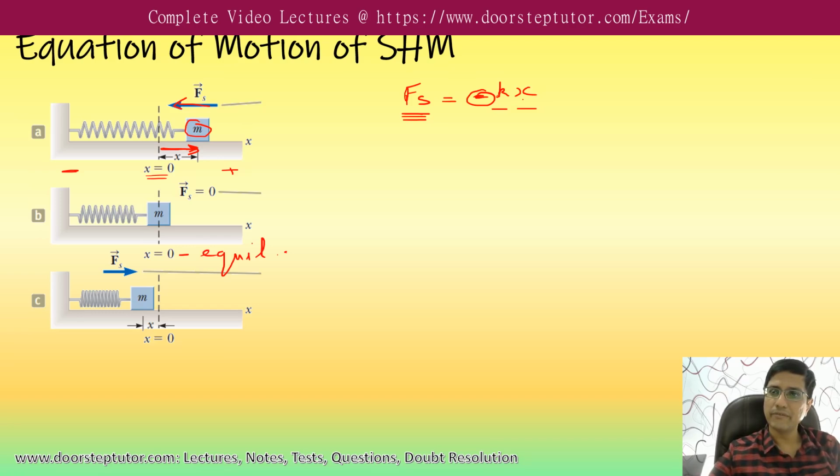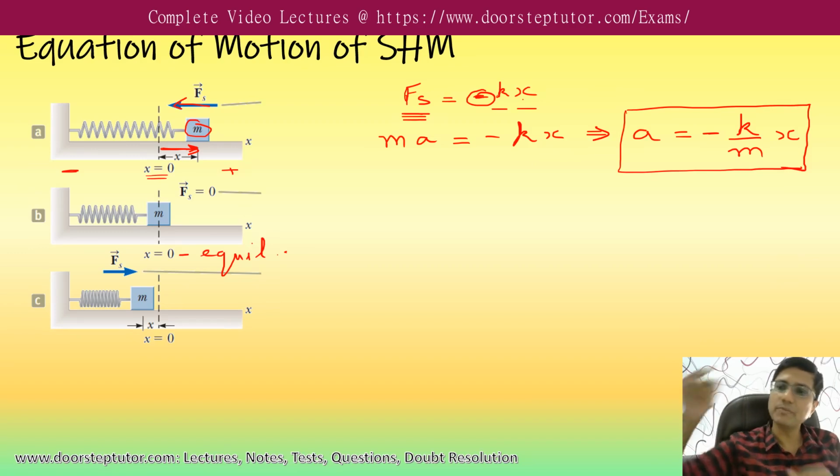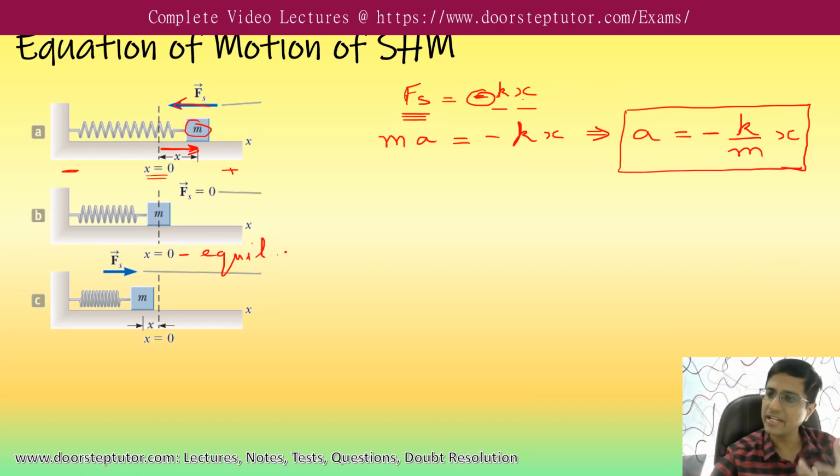So with this basic equation, now let us replace this Fs. We know that this force is equal to mass into acceleration. So I can write it like this. And this, of course, then I can write as acceleration is equal to minus k by m into x. And this is another important equation for our SHM. And sometimes, instead of defining it in terms of restoring force, people define it in terms of this acceleration as well. So if my acceleration is such that it is always opposite to displacement and proportional to